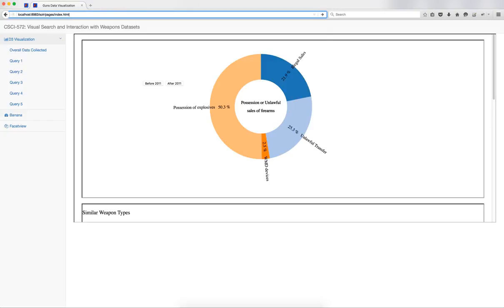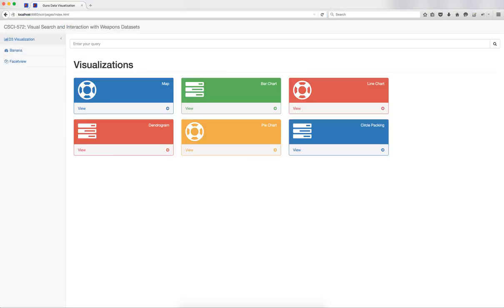Another feature that we used in our UI was the ability to search by free text. So let's say if we have a query such as firearms and we hit enter, as the data has been queried through Solr, we obtained a dendrogram. We grouped the firearms by content type, geolocation, and date.